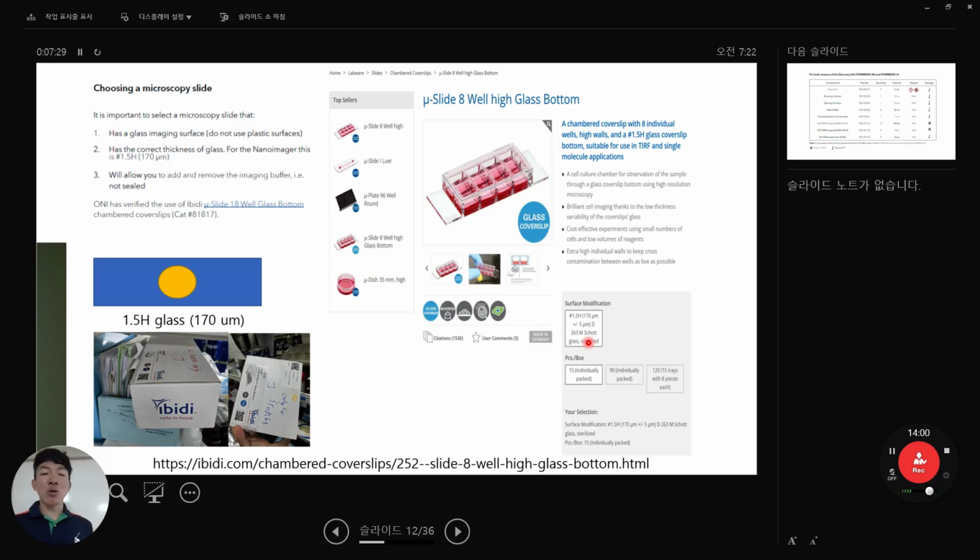So they highly recommend you use this one. If you want to use this, this left one is for the micro DC 35 millimeter. So if you want to convert cell on the gel, then you have to use this one. Or if you want this microslide 8 well, directly on glass, then you have this 8